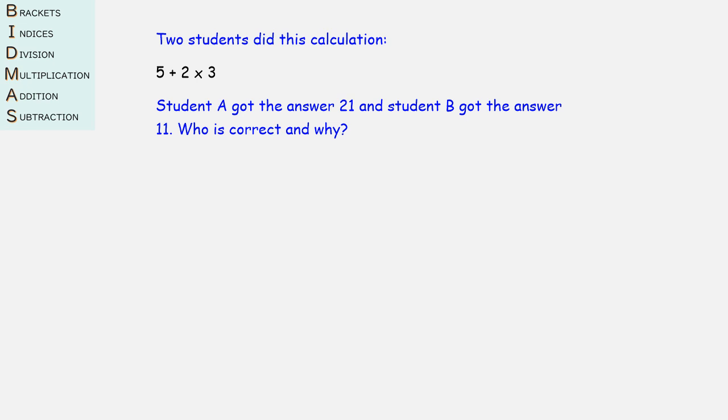So to start us off, let's have a look at this question here. We've got 2 students did this calculation. Student A got 21, student B got 11. Who is correct and why? Well, let's have a think of what actually happened. So 5 plus 2 times 3. If we just did it in the order of left to right, 5 plus 2 is 7, times by 3 is 21. Okay, but using Bidmas rules,